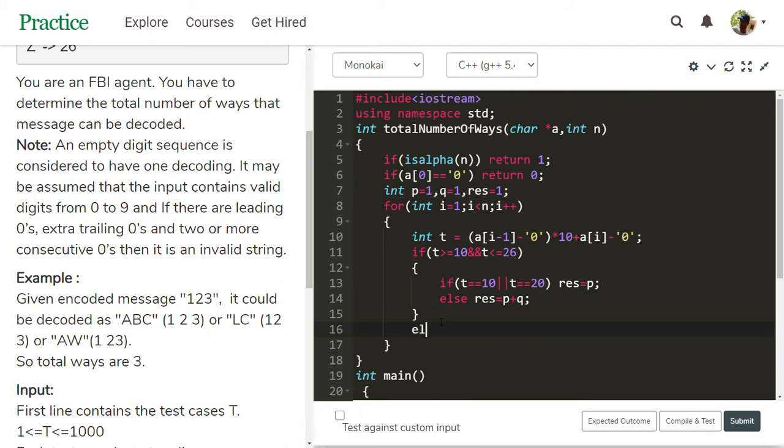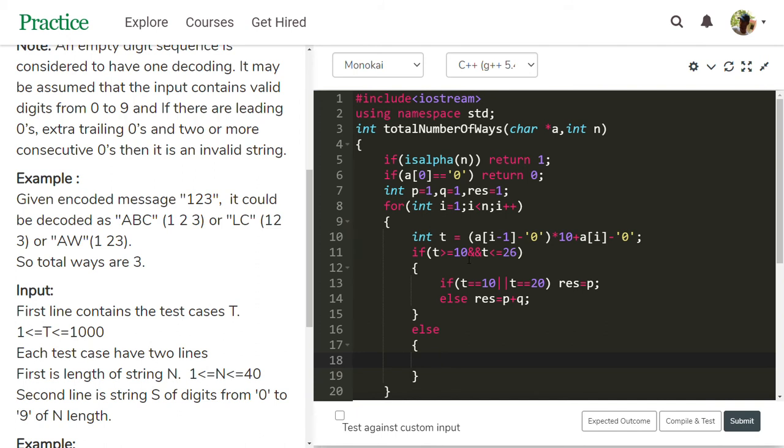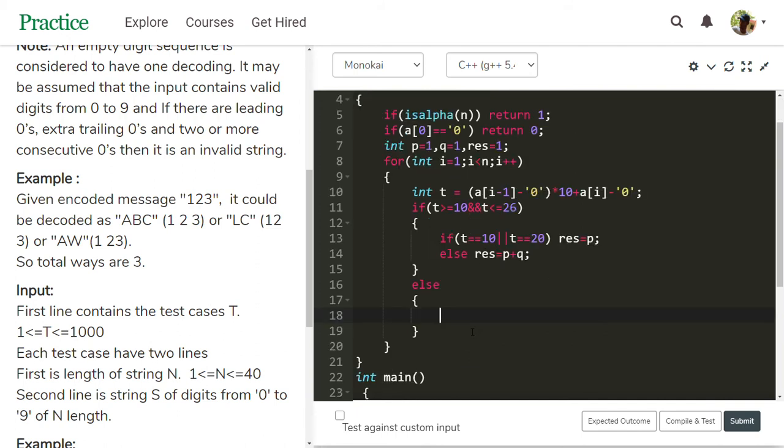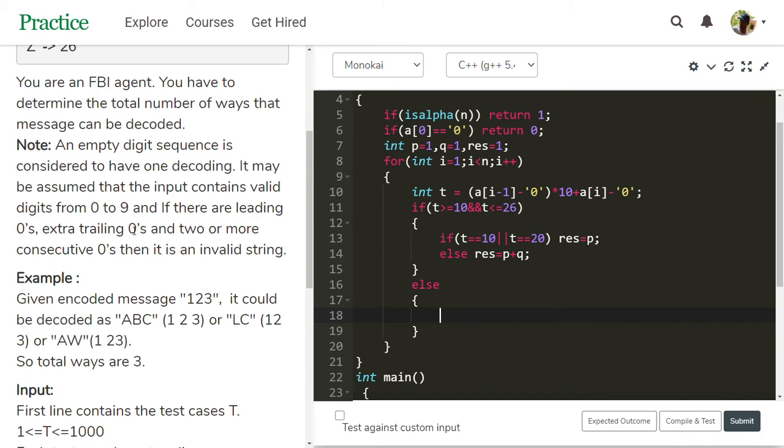Then comes the else part. This else part opens when the value is more than 26, or less than 10. In this case, assume the zeros are there, more zeros.